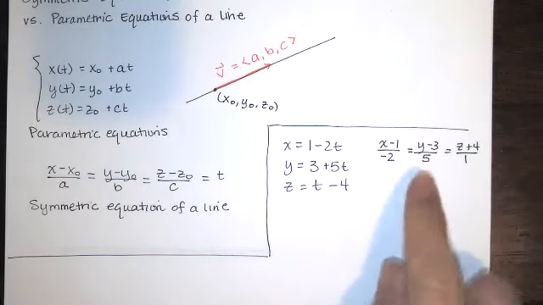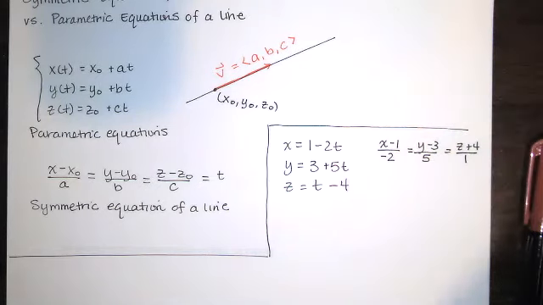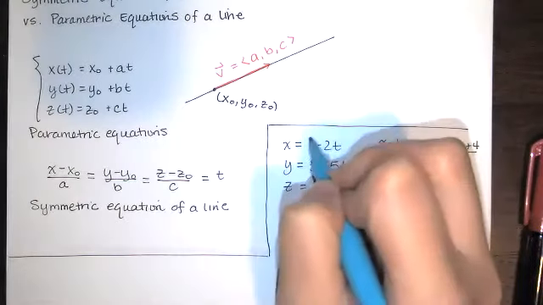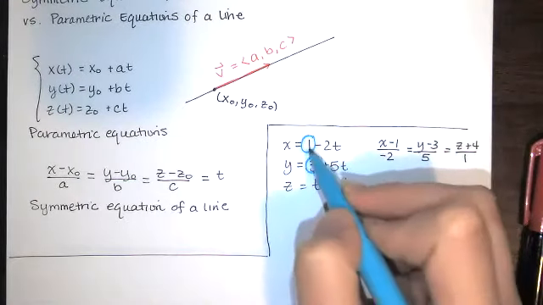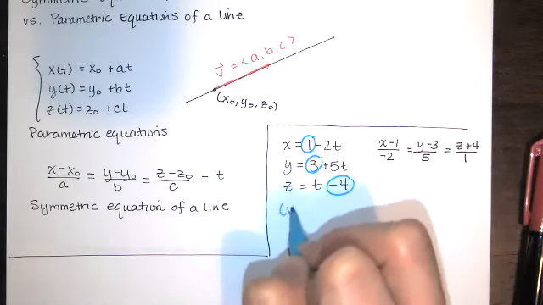So these parametric equations correspond to that symmetric equation. And if you're wondering, okay, how can I identify that point on the line and that direction vector of the line? Remember, the point comes from setting t equal to 0. So when t is 0, x equals 1, y equals 3, and z equals -4. So x naught, y naught, z naught